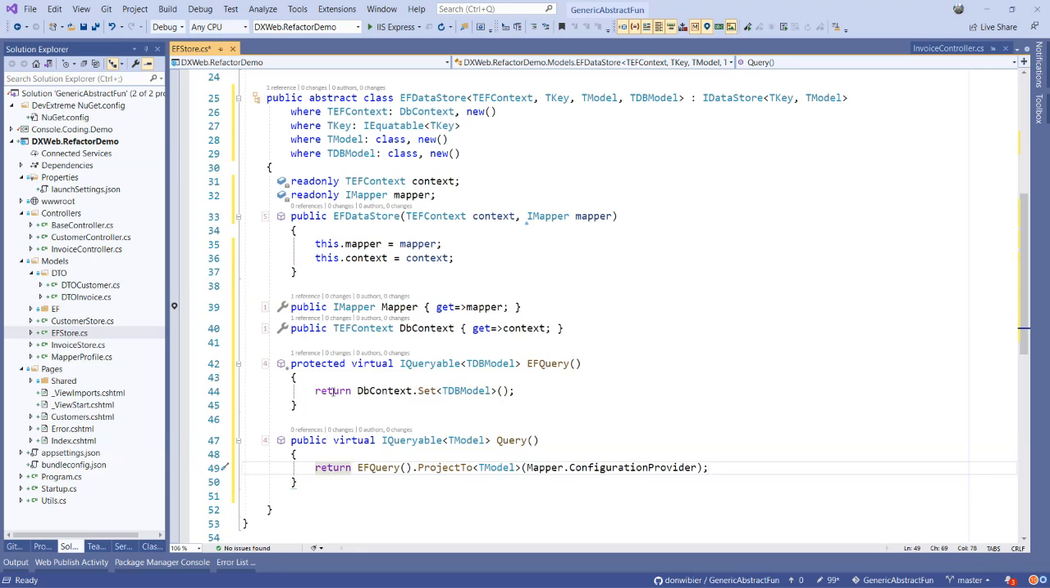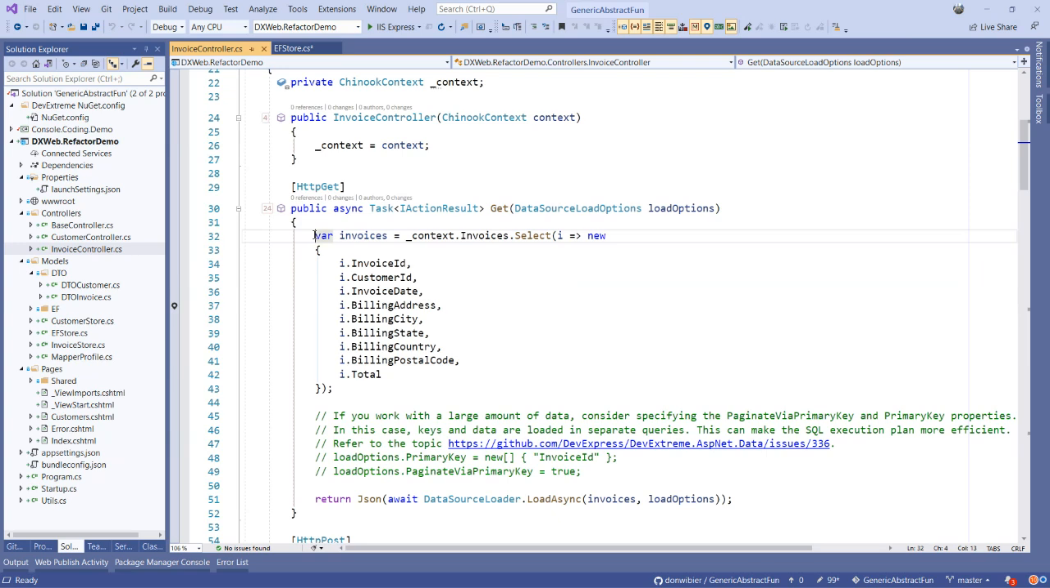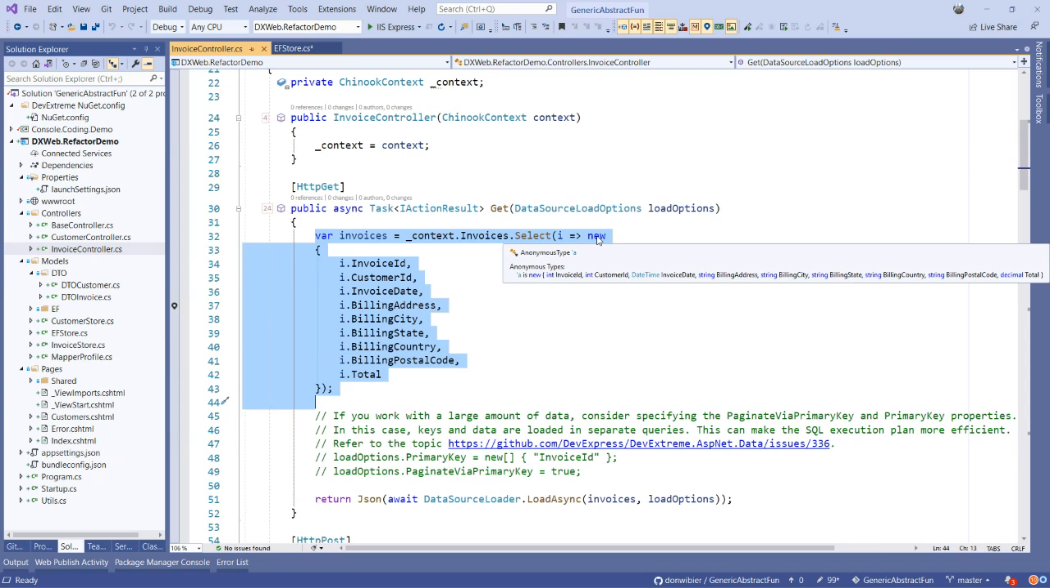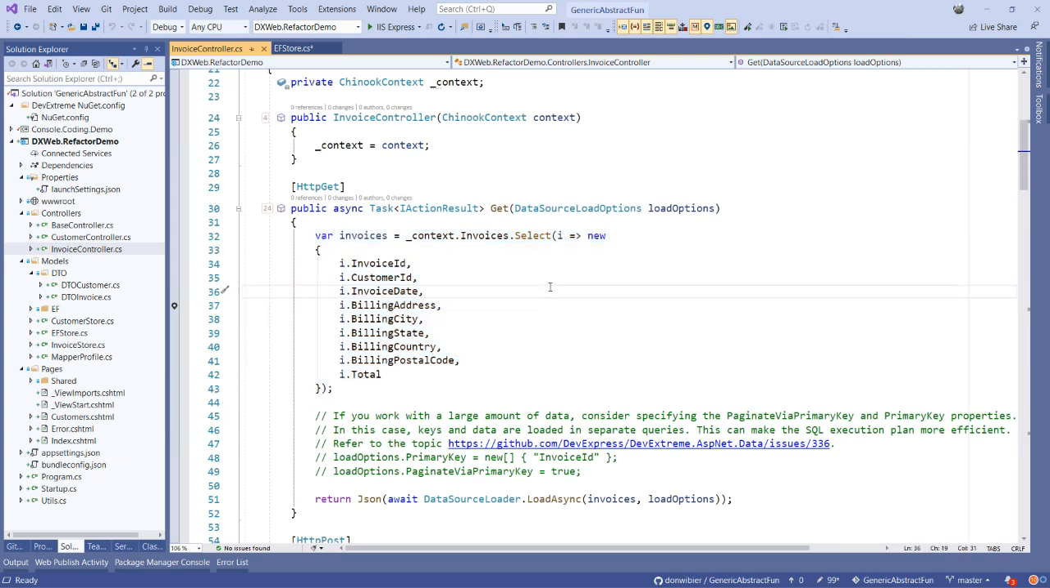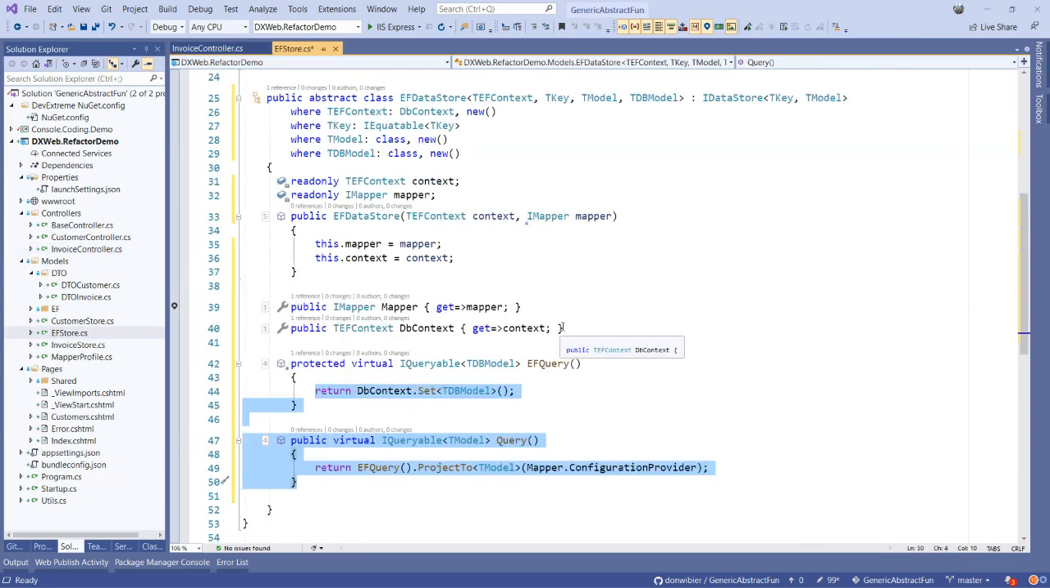So these two methods are doing this, but now in a generic way, and we'll get actual types back instead of these anonymous types. And so this is the first step of our generic store. All right, so what we can also do is one of the things that we'll need pretty soon with the